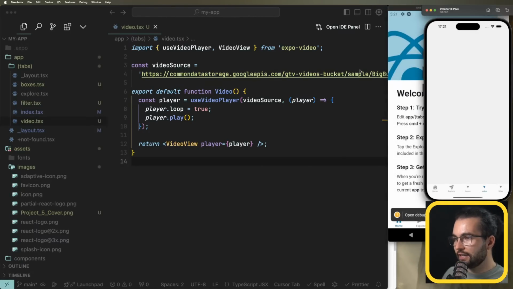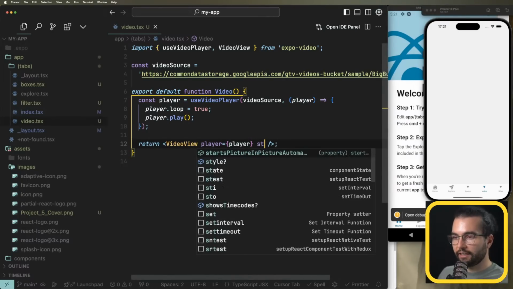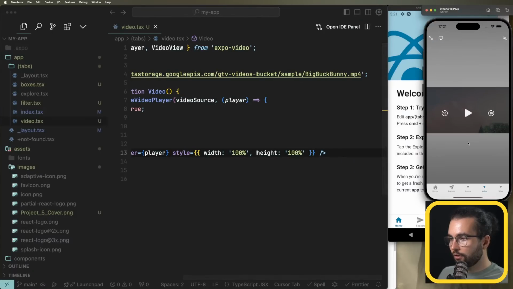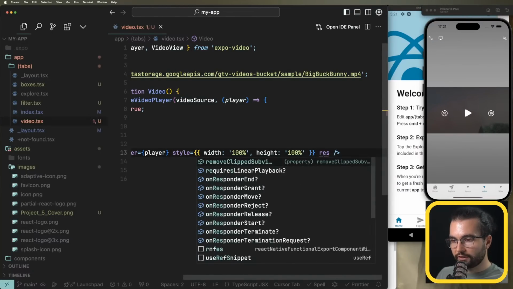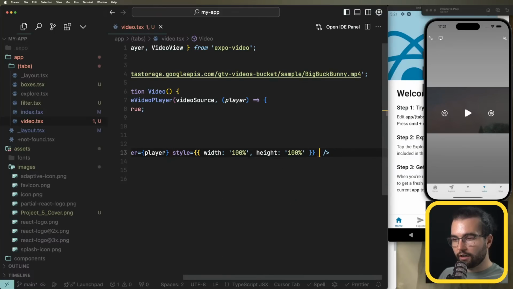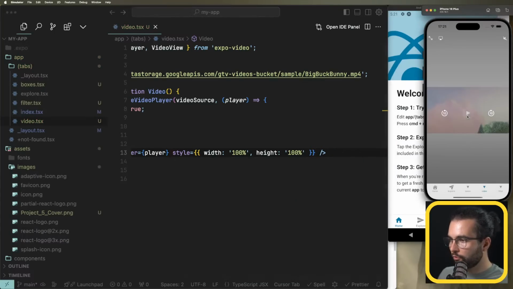And I hear something, but I do not see. Probably I need to give some style here. The height 100, yes. Okay, we have a player running, and we can do probably a resize mode, or that is the, oh no, that is the,